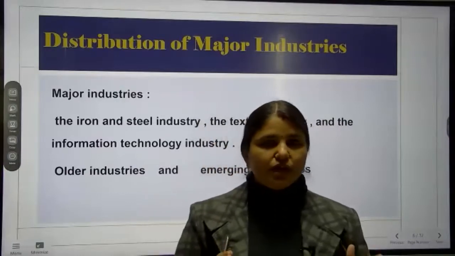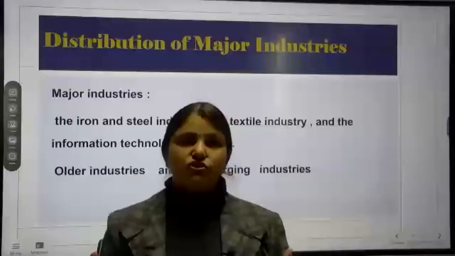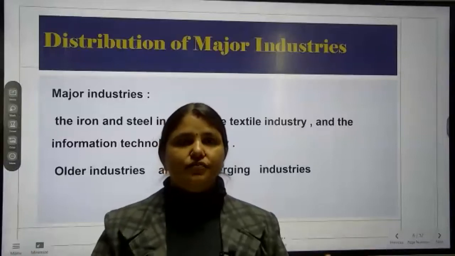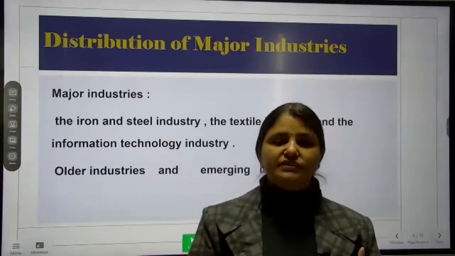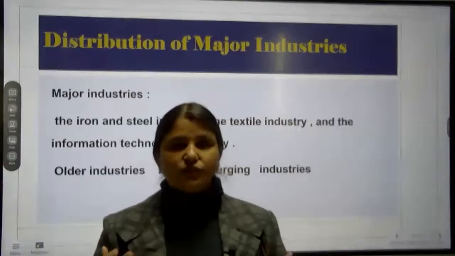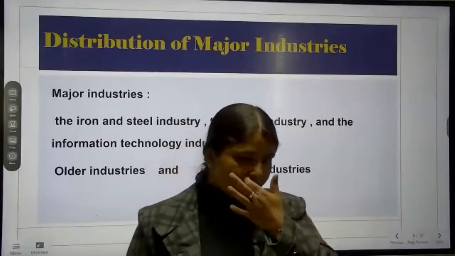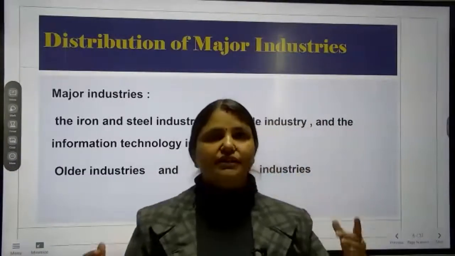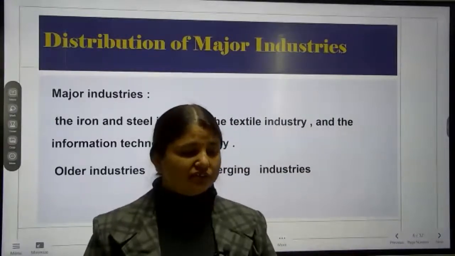One part of the chapter is completed, where we see what industries are. I explained that industries are the secondary activity, which includes all economic activities of making finished products. Next, we saw the factors which can affect the location of industry, such as capital, labor, water, power supply, land, transport, etc.